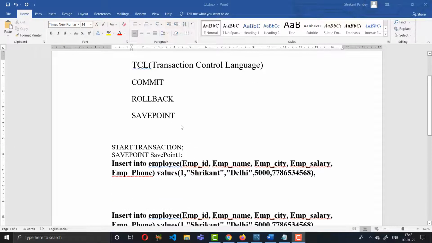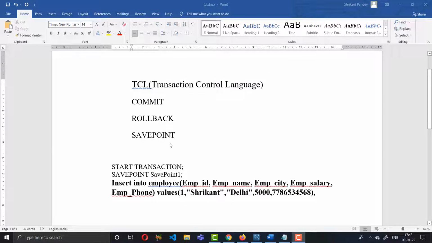And savepoint is used to save a point in between that n number of transactions, and based on multiple savepoints, you can roll back. I will give you a live example, a hands-on experience on how to implement savepoint, so don't worry, you will understand the use of savepoint. So let's connect with a real example.